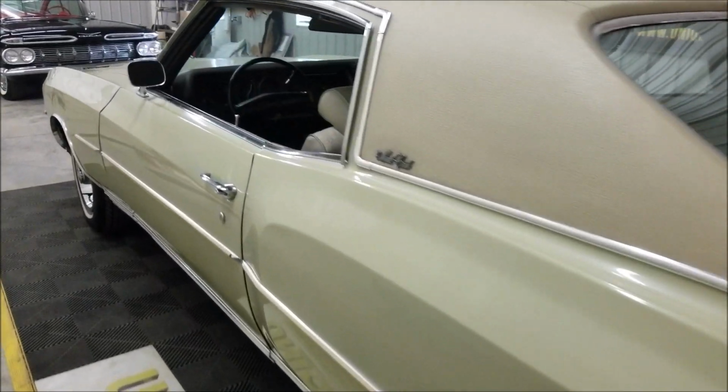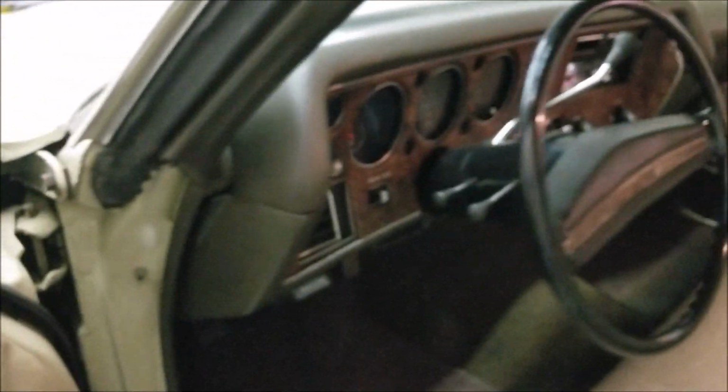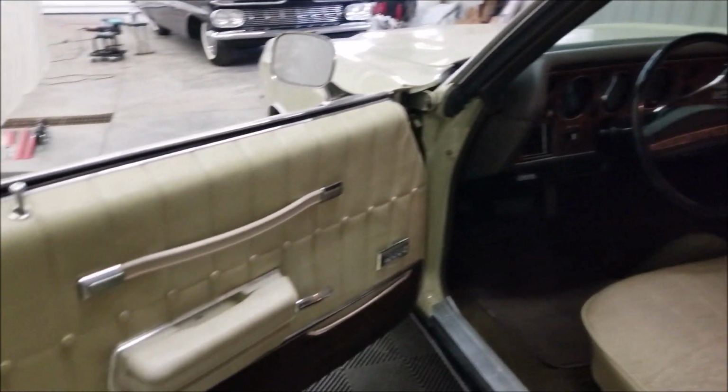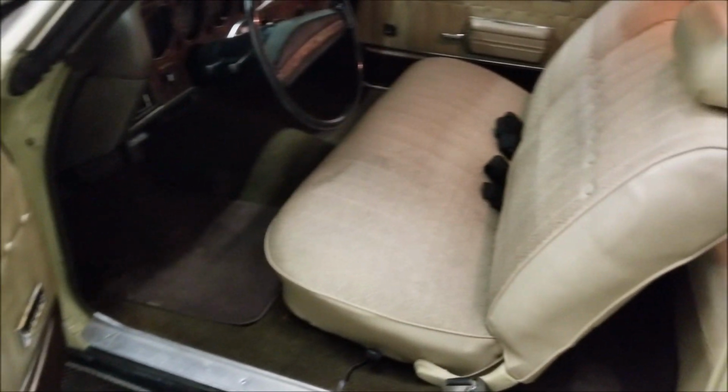Let's go ahead, pop the door open, check out this interior a little bit closer. Door card's in nice shape. As you can see, power windows. Check out the headliner. Also in nice shape. That is not a rip or anything right here. It's actually the shoulder belt. Just so you know, you can see it on that side. You would have the shoulder belts and the lap belts